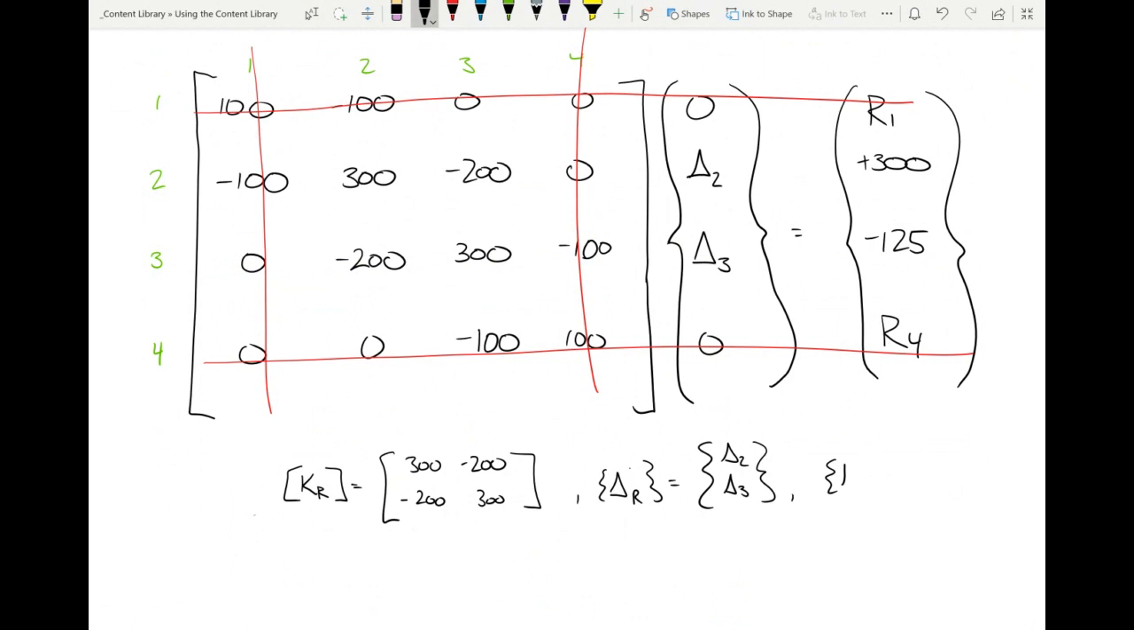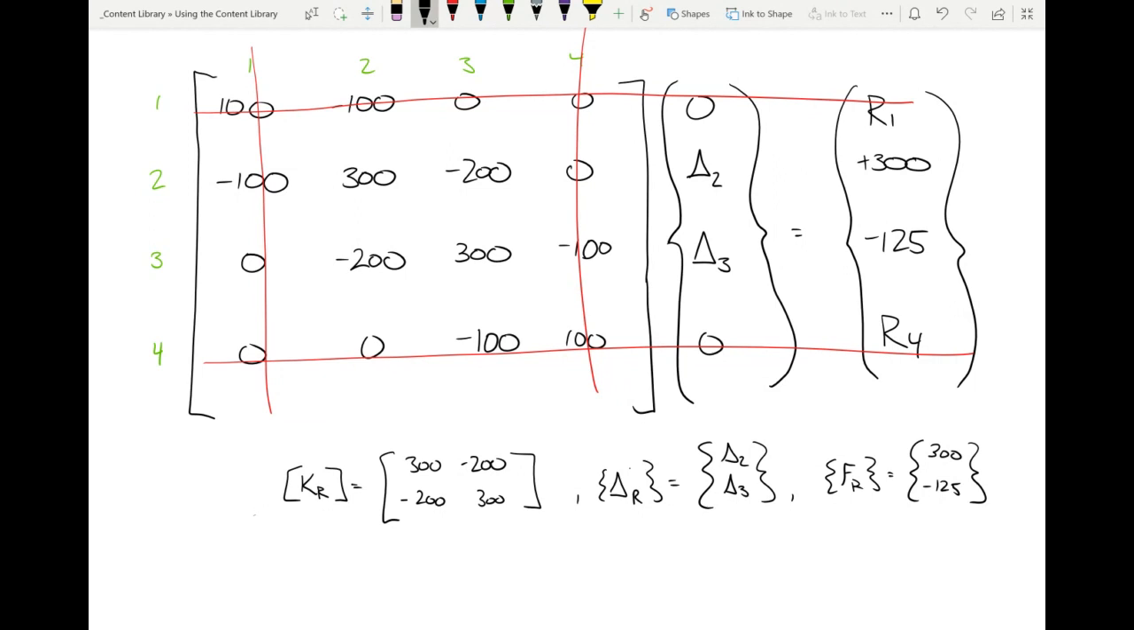And I'm left with an FR of 300 minus 125. And so we call that R because it's reduced based on the boundary conditions. And it's a really easy process. All you do is you take the rows and columns that are associated with your boundary conditions, strike them out, and collect everything else